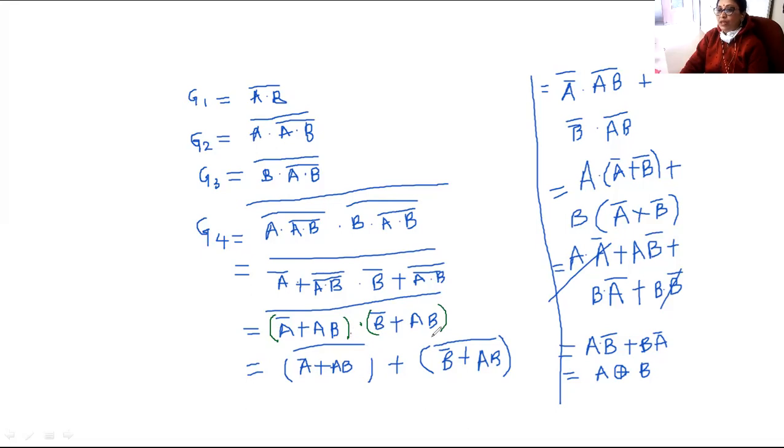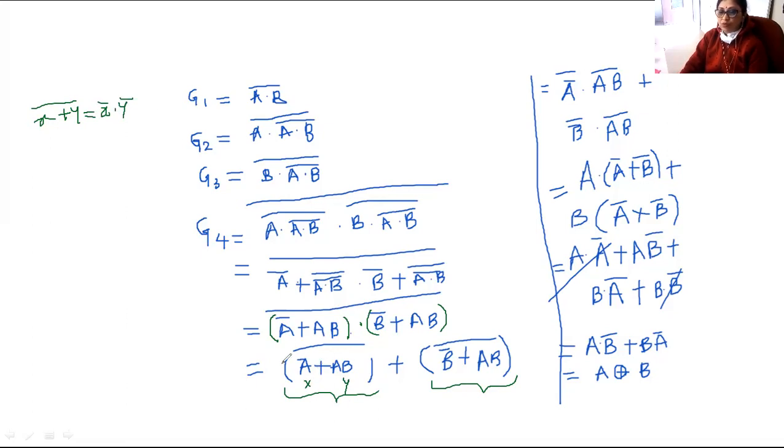Okay, are you getting the point? Now hereafter again we are using De Morgan's theorem in this. Okay, suppose this is your x and suppose this is your y. So this is x plus y bar. So what is formula for x plus y bar? Can anybody tell me what is the formula for x plus y bar? It will be x bar dot y bar. So this formula we are going to use here.